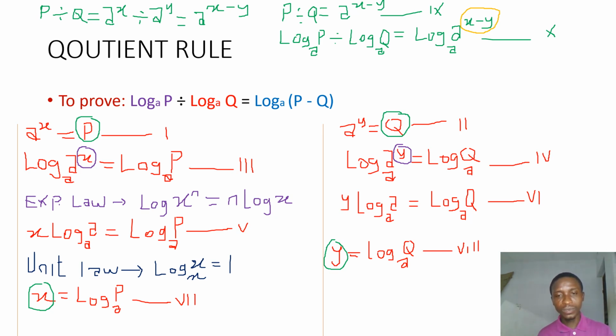So doing that, we have log p base a divided by log q base a